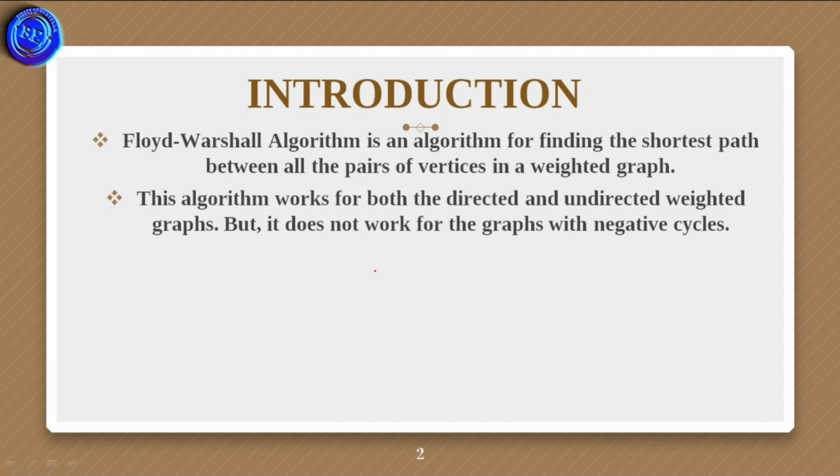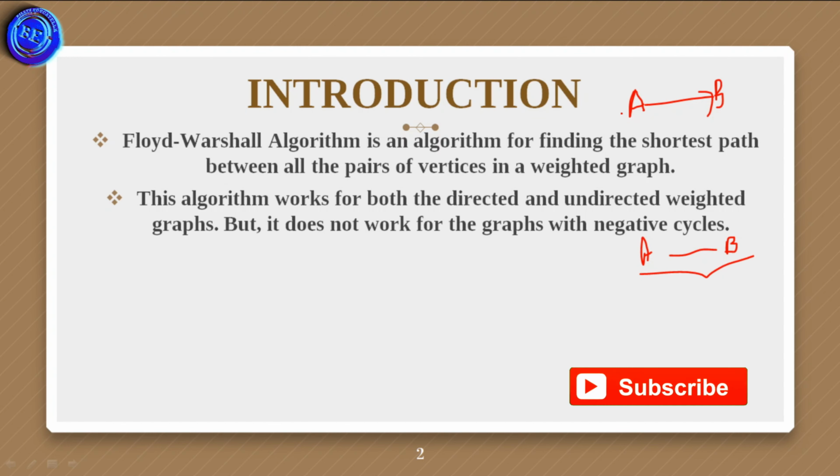What is a directed graph? It shows a particular direction towards another vertex. So for example, here I consider A to B in this direction. That means from A to B, the edge value is shown. But in an undirected graph, there will be a single line. That means from A to B and B to A. It shows that there are no directions in this type of graph, but in these graphs we have some directions.